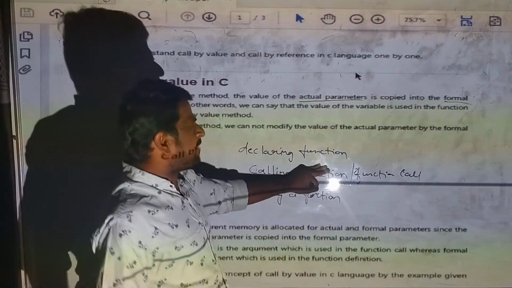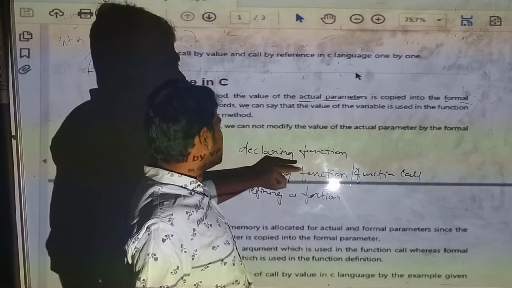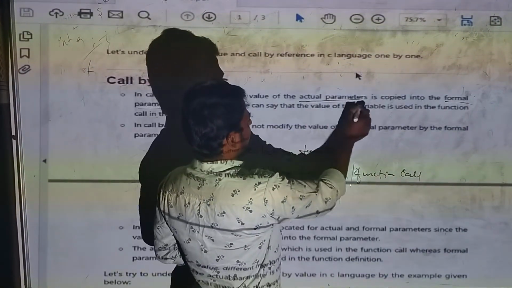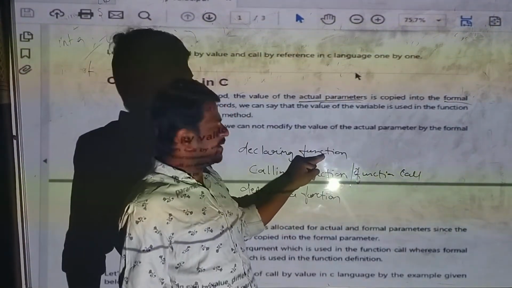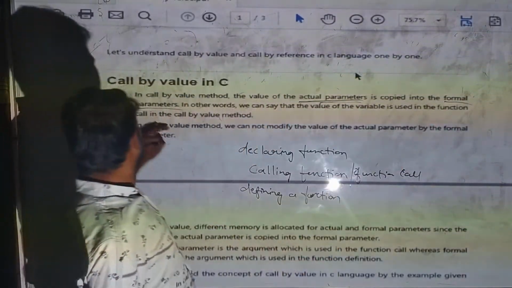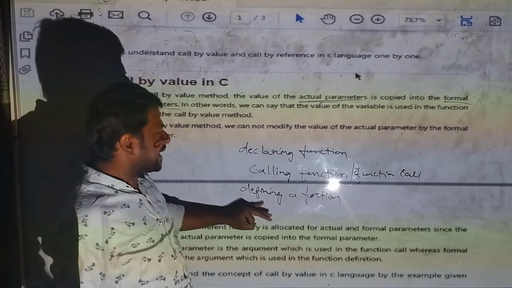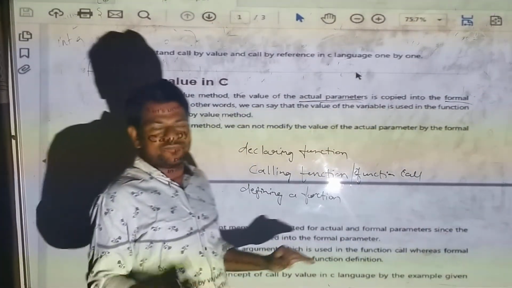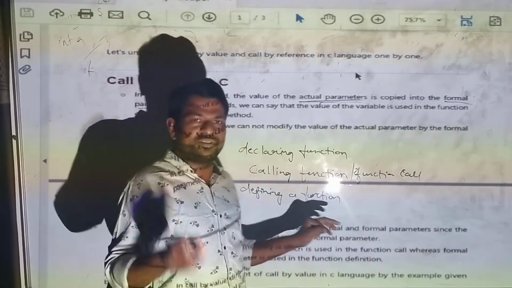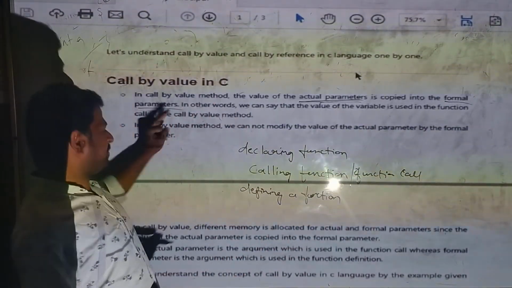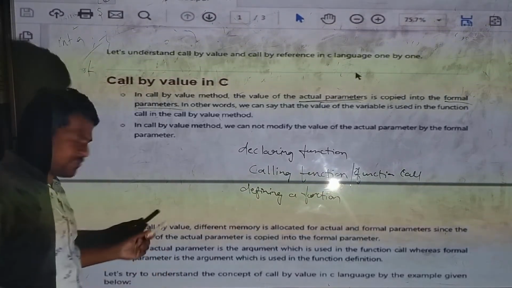When we are declaring a function, the variables we use are called actual variables or actual parameters. We will see this in an example further on. Whereas formal parameters are what we give when we are defining a function, when we are writing the code for a function. The variables we declare there are called formal parameters.